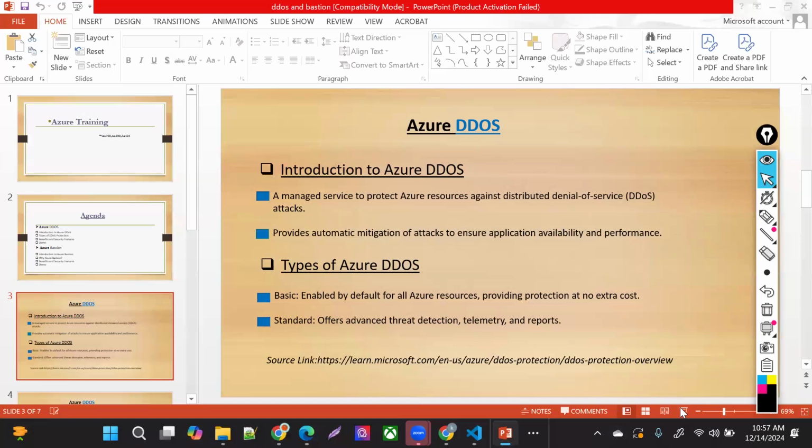Do you guys have any idea what is DDoS? Most of us are from the networking and security background. Any idea what DDoS is doing? Denial of services, it is a kind of attack.